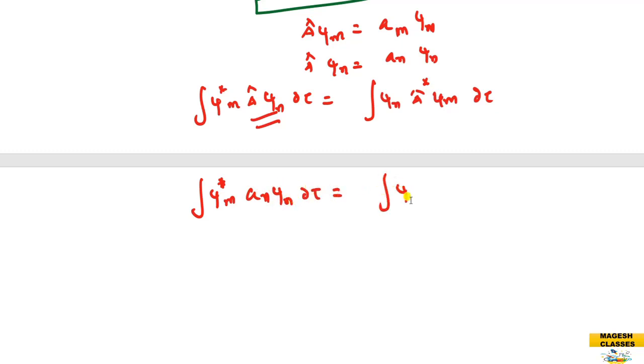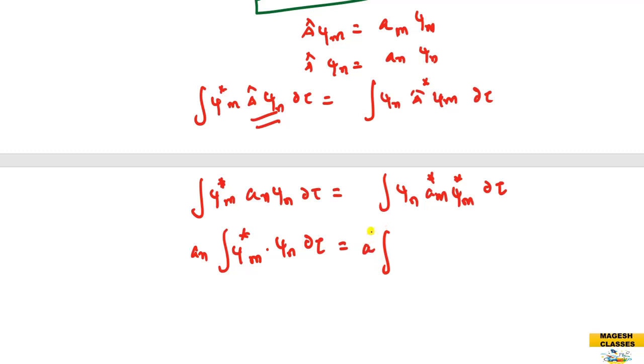In this case, psi n, a star psi m, you can put a power m. Here the a n is taken out, psi star n psi m d tau. Here the a star is taken out, psi n psi star m d tau. A n minus a m star